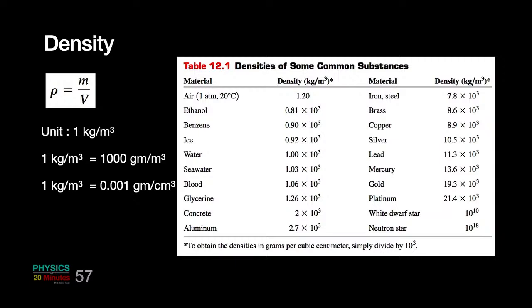Densities vary in our world. Air can have a density of around 1.2 kg per meter cube. Just imagine how big a meter cube could be. If it is just filled with air, then its mass will be 1.2 kg, something like that. If you fill it with water, the mass will be 1000 kg. If you fill it with mercury, then the mass will be 13,600 kg. And this is what gives